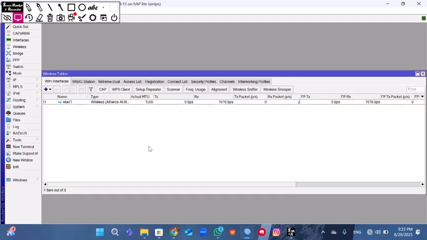We can see whether our wireless is disconnected or not. How do we connect our wireless to the network?